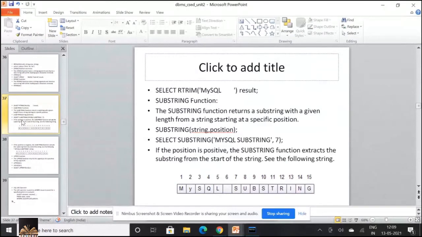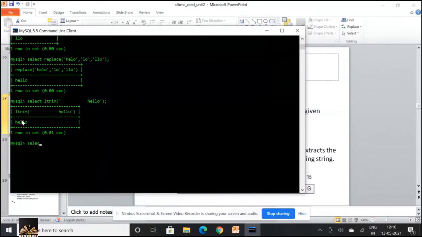Now, there's a function called substring. Whenever you are interested in displaying a substring of a given length, then you can use a function called substring. It takes 2 arguments, the name of the string and the position from which you want to display it. So select substring hello, comma, 3.